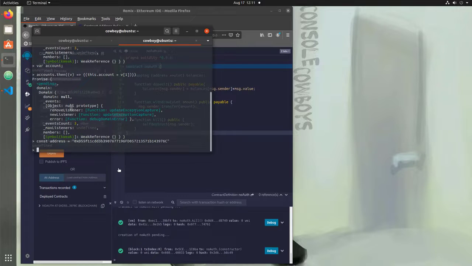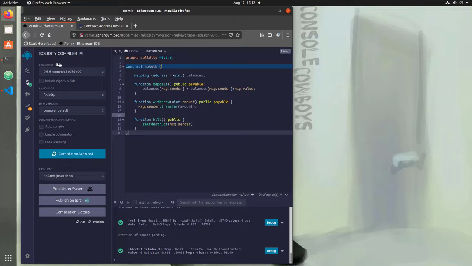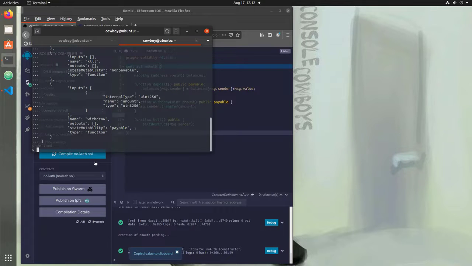So that should be the address. And then we're going to paste in the ABI file. So we're going to say const ABI equals, and we don't need any quotes on this, but we do need the ABI file. So we'll go back to our compiler tab. We'll click ABI, and we will paste that here. So we'll say paste. We'll hit enter, and now we have a variable for our address and our ABI, and